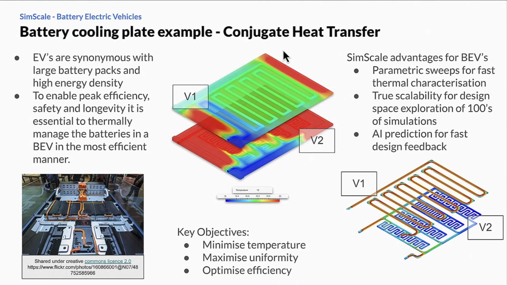They can either do it in parallel, they can do this sequentially, but very quickly they're going to be able to build up a good, clear picture as to how these different designs, these different design factors can influence these main objectives. And we can also use AI to predict these designs. So we can actually run these hundreds of studies. We can train a model, and then we can get even faster feedback in a matter of seconds as to how these might actually perform, which is invaluable to a designer trying to get the best solution for their situation.